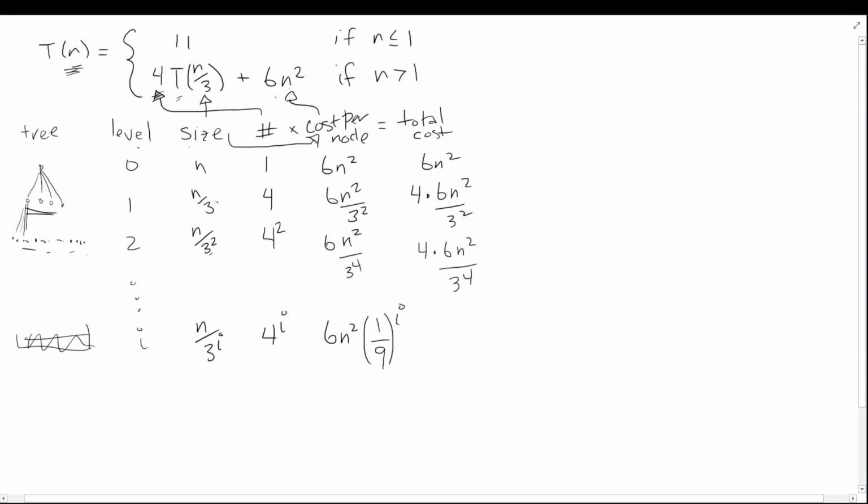Because on the next level here, you see, if I was writing this in terms of 9, I could write this, I'm going to rewrite this as 9. Then this one becomes 9 squared. And now I'm getting a pattern that matches. So I'm going to extract that out here. And now putting that all together, we've got 4 to the i times 6n all over 9